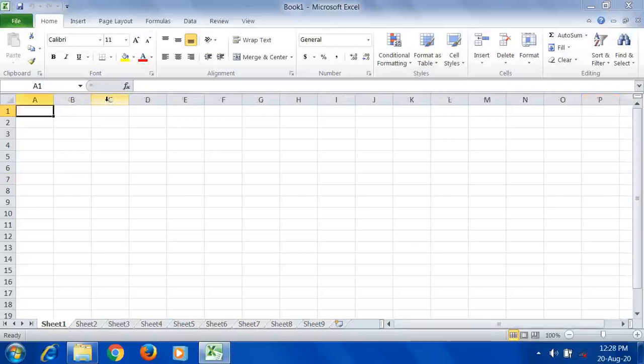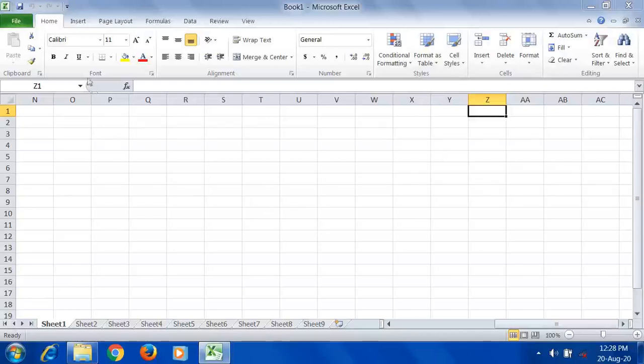Alphabetical letters begin with A and finish with Z. Let me show you. When it gets over with Z, the letters repeat again with AA, AB, AC, like that up to AZ. Then again, like that we reach XFD. So the columns are represented with alphabetical letters, and the rows are represented with numerical numbers, 10,48,576 rows. So this is brief information about this workbook.